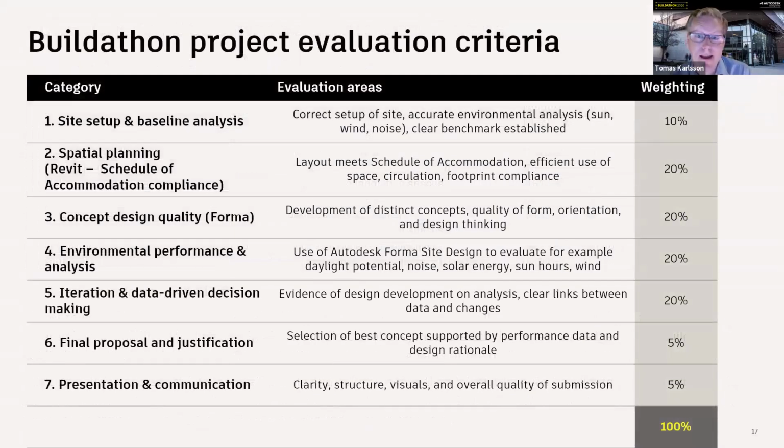Now, let's look at how your different projects will be evaluated and assessed. Again, I won't go through all the details on here, but there are a few high-level points that we want to make at this point in time. First, as you can see, the judges who will be part of assessing your projects once you've handed them in will look at them through 7 different categories. And each category has a set of areas that they will check your proposals for, and they will assign a weighting on top of that as well.